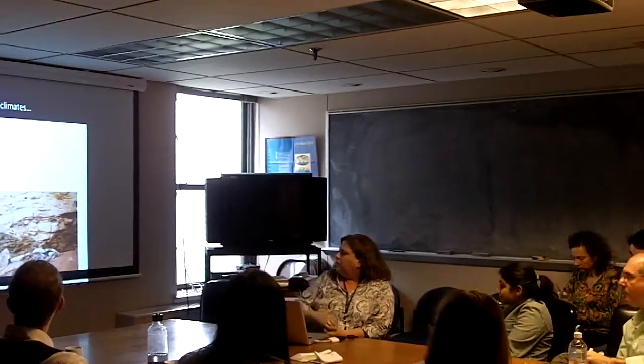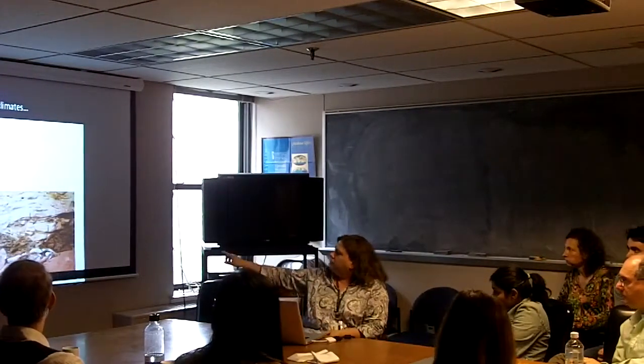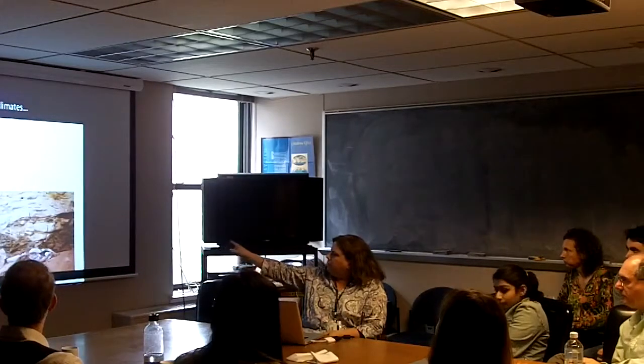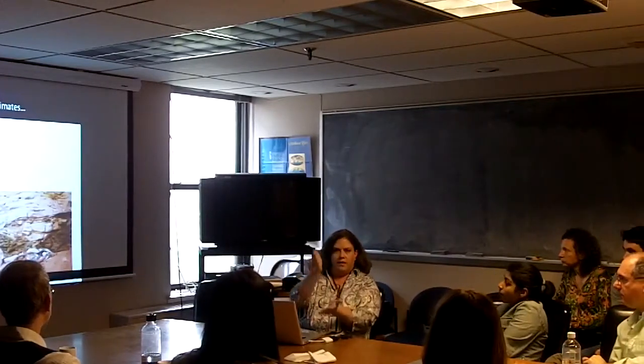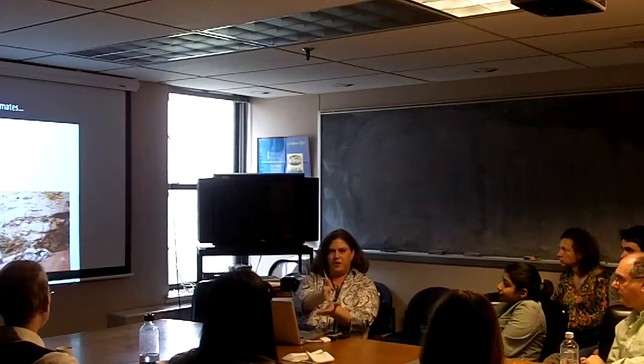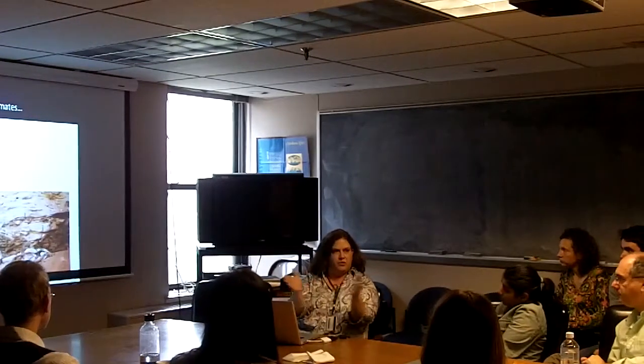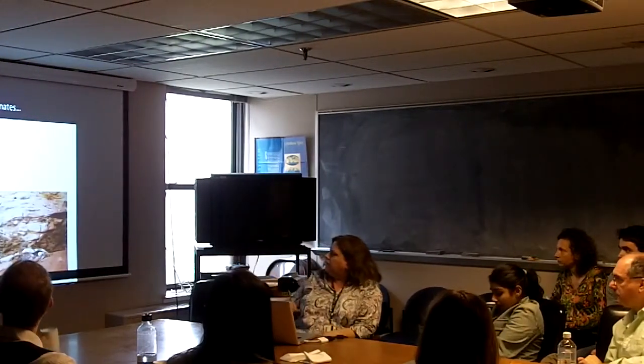On the lower right-hand corner, we have an example of something called a sand wedge, which is a permafrost feature. If you'll notice, there's a V shape at the bottom. That's basically where the permafrost cracked successively over time, and every time it cracked, it made a little space down the middle for some sand to fall in. Over time, this whole thing widened into the wedge that you see.